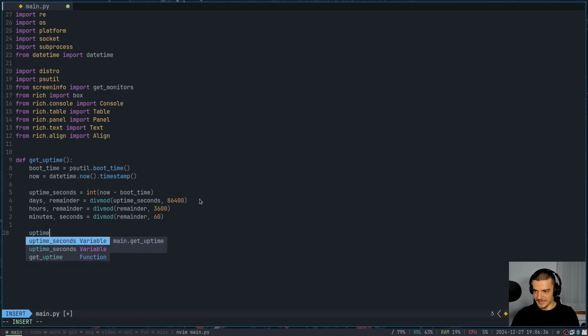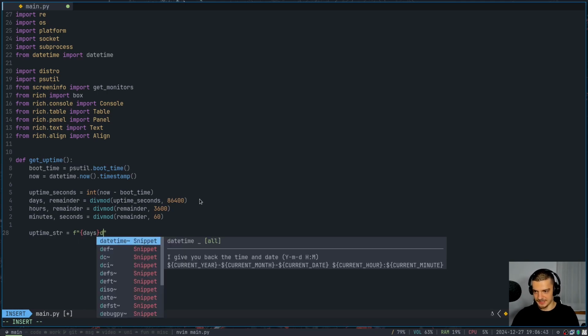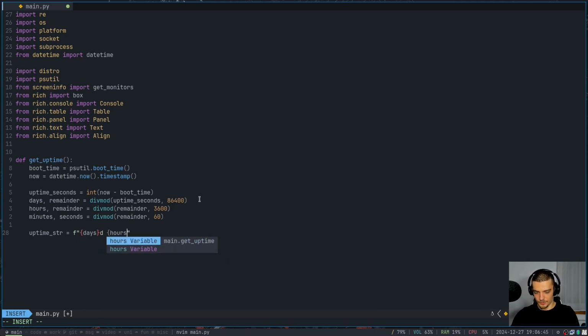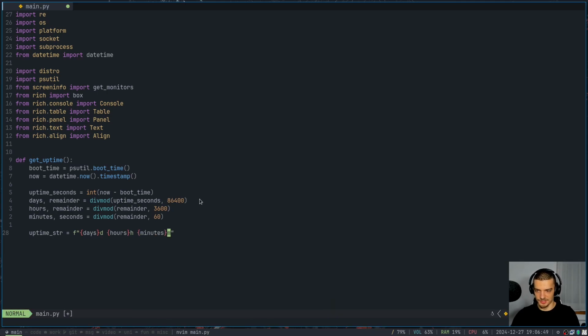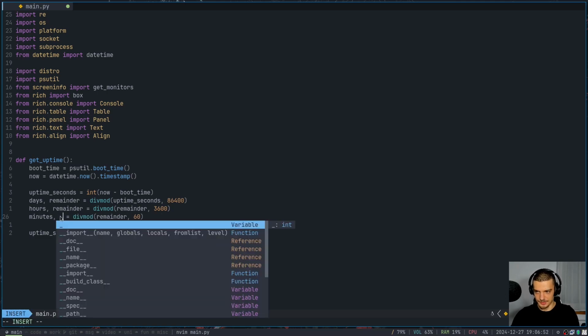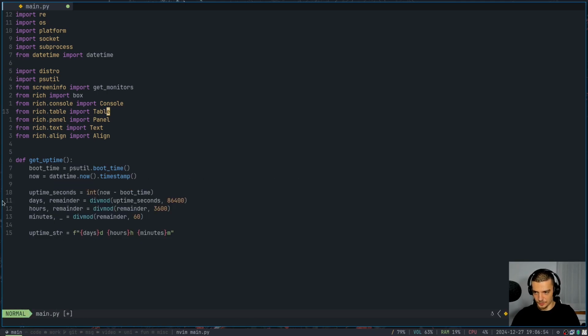And then we're going to craft a string, uptime string, which is just a simple formatted string: days D, hours H, minutes M. I don't want to display the seconds, so you could also just make this an underscore, a placeholder, doesn't really matter, but we can leave it like this as well. So let's return this uptime string,